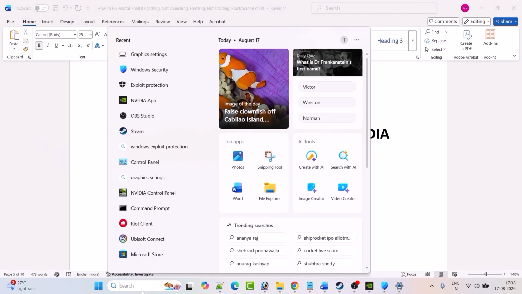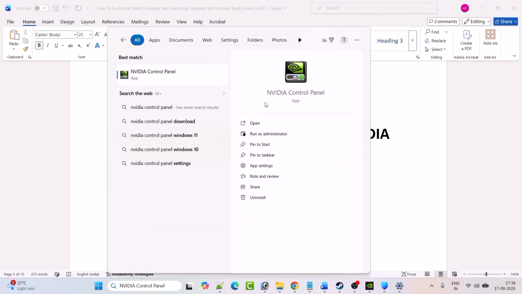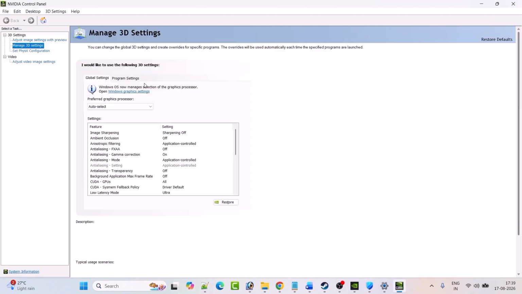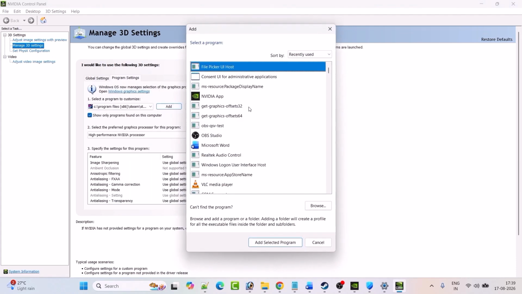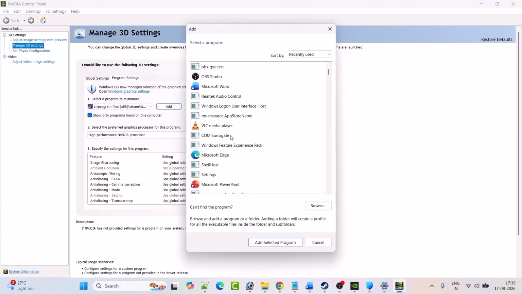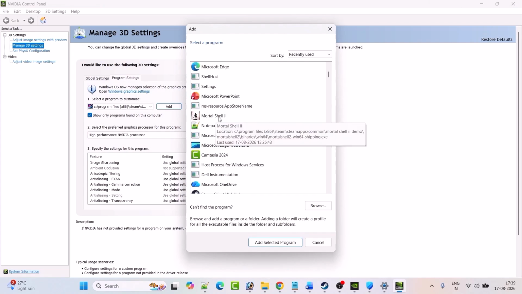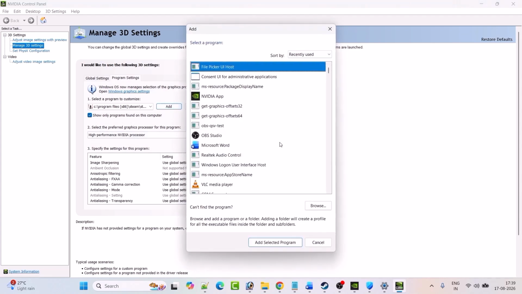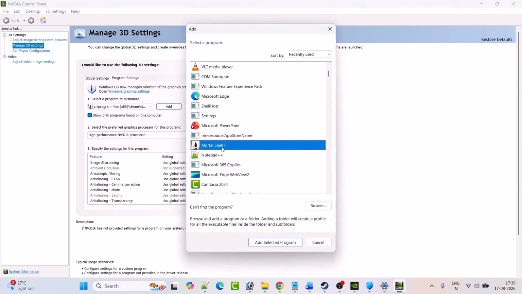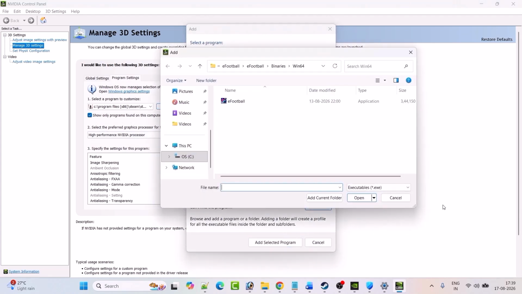So in Windows search, type NVIDIA control panel and open the NVIDIA control panel app. Click on manage 3D settings, click on program settings, click on add. Now in the list, look for MortalShell2. Here it is, select it and then click on add selected programs. Now if you don't see MortalShell2 over here in the list, then click on browse and then browse to the